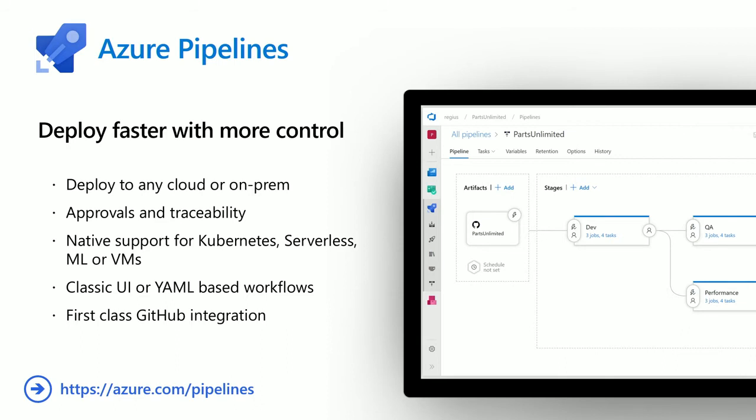You want to have full approvals and traceability. So who said this was good to go to production? What changed in production and why? And that's the sort of functionality you need. So you can go look at production, see what's running, see what changed since it was working fine a minute ago and now it's not. What's changed? Why did we make those changes? And who approved it? All that sort of stuff. So that's what we're going to dig into a bit more now.